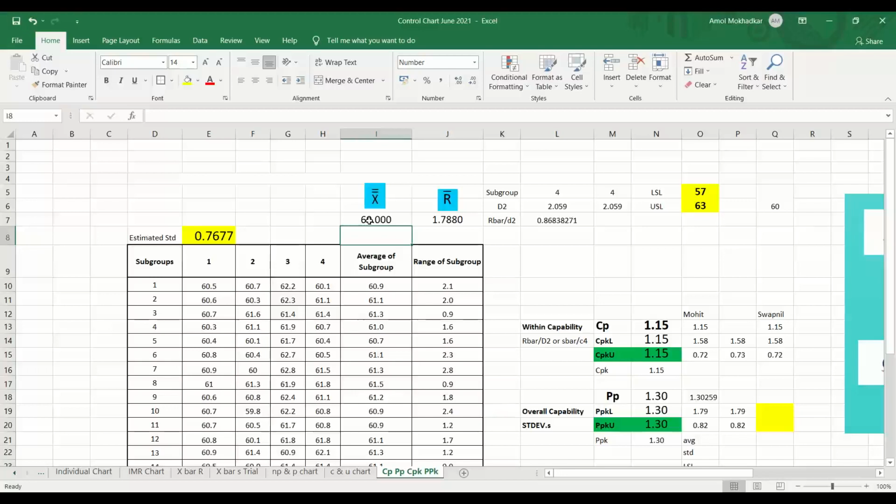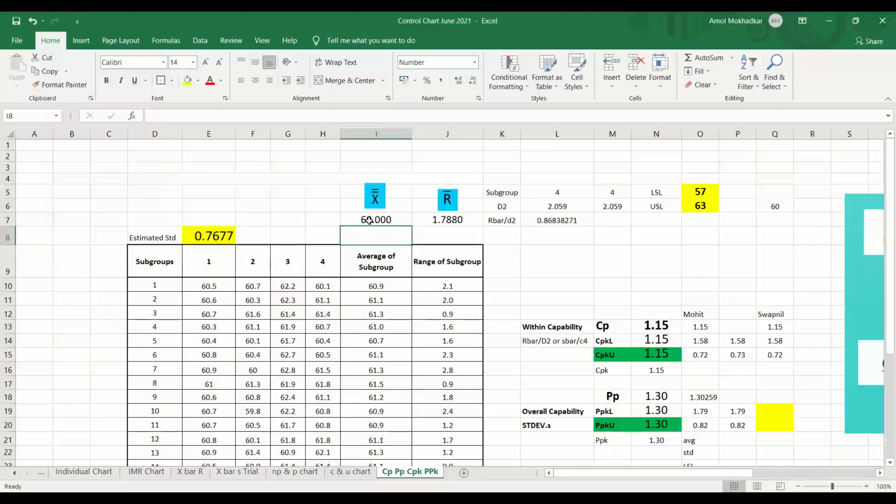Okay, now what will you do to improve the capability more? What is in your hand now? Next thing will be, what is that? How can you improve? You have shifted the process average toward the center of the specification. You have maintained the average near or at the center of the specification. It will definitely help you to improve the PPK value or CPK value. Now the next thing will be what? What can you do to improve? We can narrow the LSL and USL.